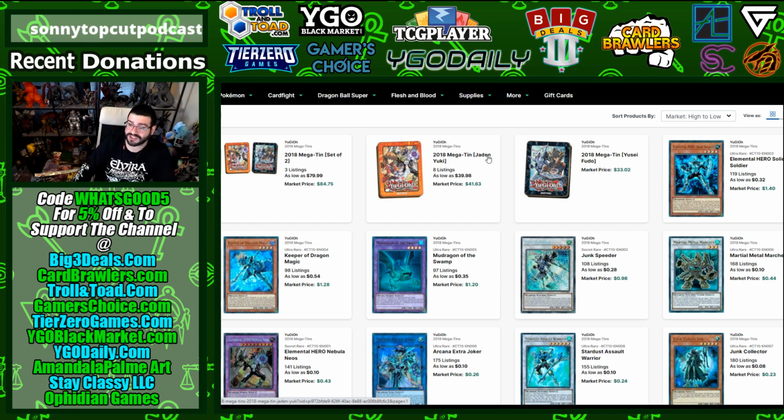This is very interesting to me also. Of course, they're bulkier than singles. You've got to pay extra on shipping. But seeing this happen over the long term, it definitely makes the 2021 Megatins look like a more interesting investment long-term, Diamond Hands despite the waves, as a lot of deals are going to pop up for those on Black